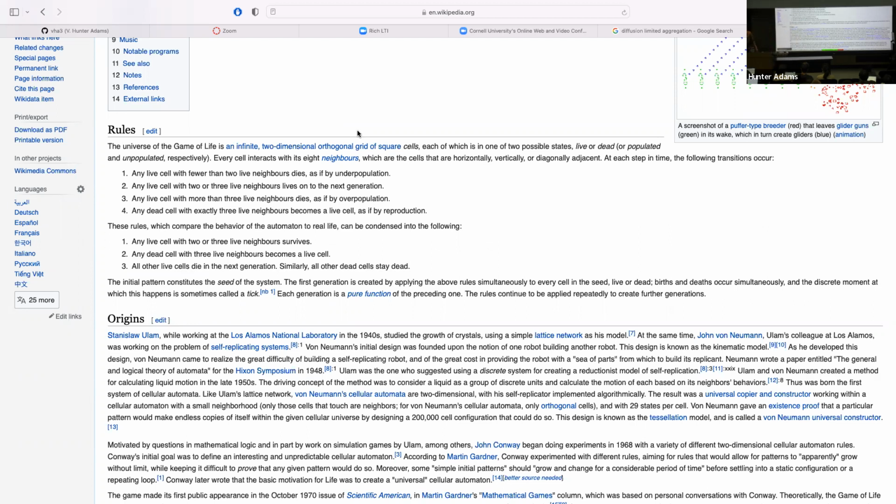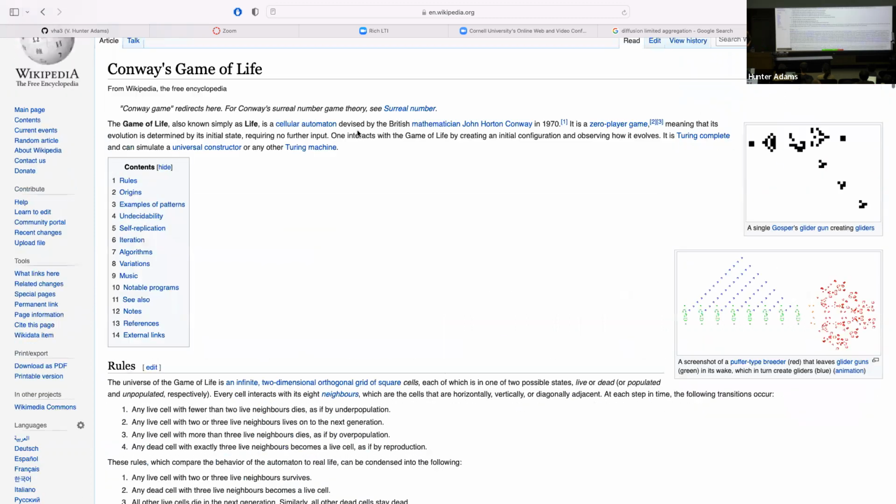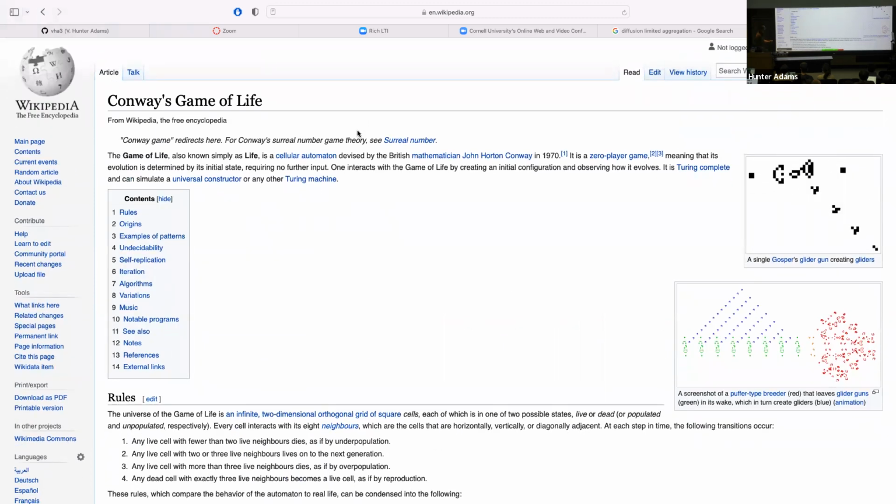So it's a really, really simple set of rules. So you have some initial, perhaps random configuration of cell states. Each cell looks at its neighbors and decides, am I going to stay dead? And am I going to transition from dead to alive or from alive to dead? We update the whole grid, and that's the next generation. And then we do it again and again and again. And this particular set of rules generates really interesting stuff.